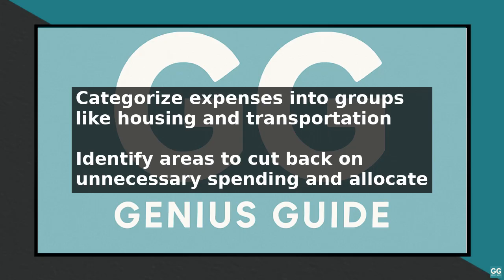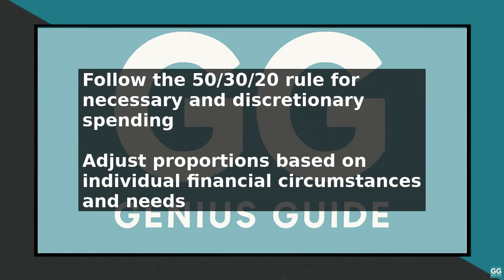fit your specific needs. A key concept in EveryDollar budgeting is the 50-30-20 rule. This rule suggests that 50% of your income should go towards necessary expenses, 30% towards discretionary spending, and 20% towards saving and debt repayment. This is a general guideline, and you may need to adjust the proportions based on your